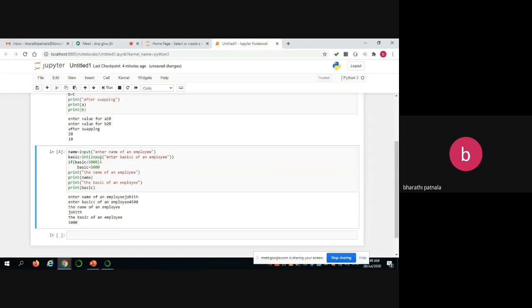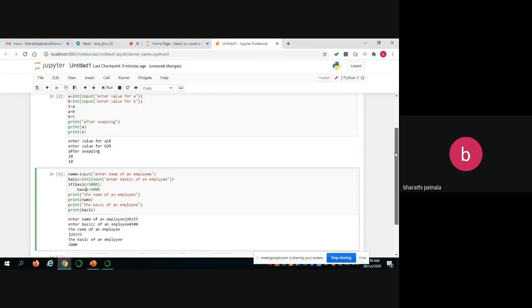That means first you have to read the name of the employee and basic of an employee. Check here, 4,500 is less than 5,000. Yes, this condition is true. So automatically basic is assigned 5,000 and you print the name of the employee and basic of employee.